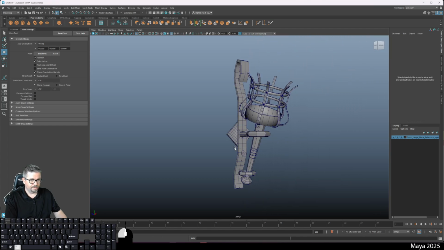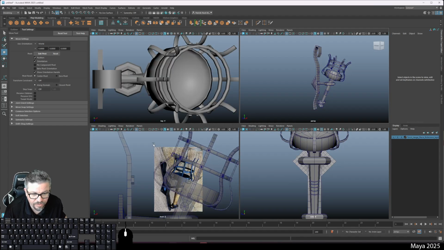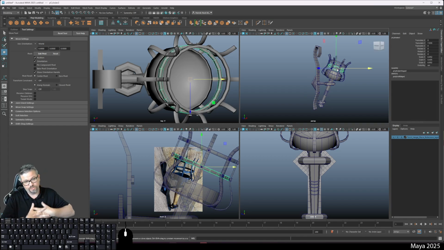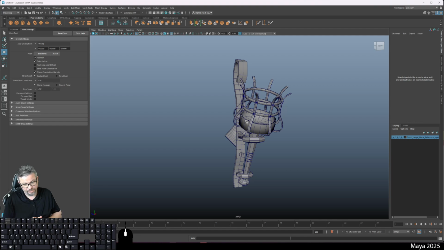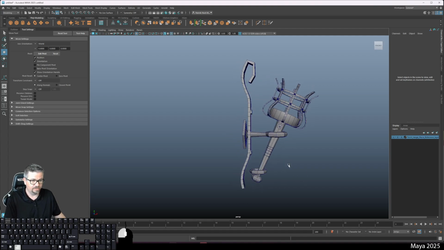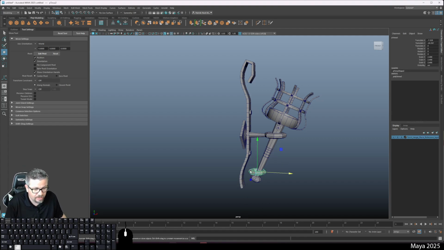There we go. So I've got this little torch here that I built. I based it off of this reference image. I didn't go ahead and name anything, so I would go through and name everything. I think this model is definitely worth building in separate parts. There's a lot to it. I know I was quiet a little bit there at the end, but I know you all saw what I was doing. So I've created this little torch, and